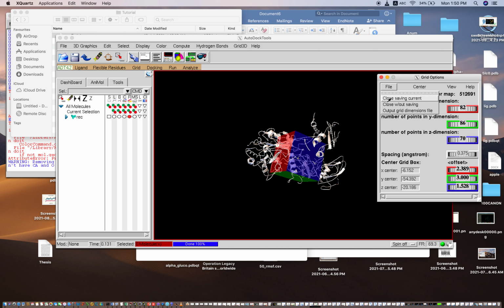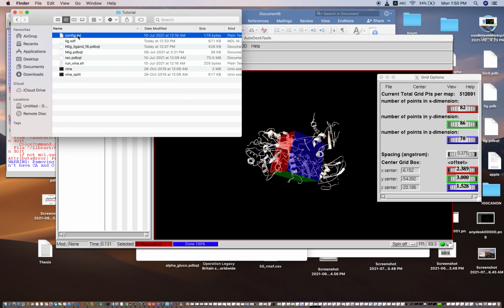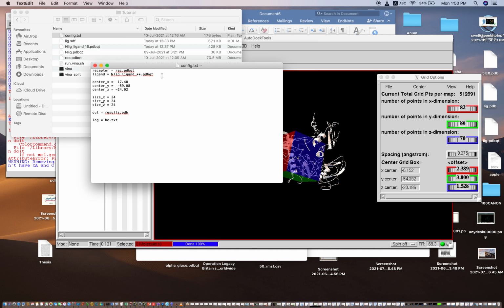These dimensions can be saved directly by going to file, and you can save them there, or either way you can manually type them into the config.txt file. What is the config.txt file?